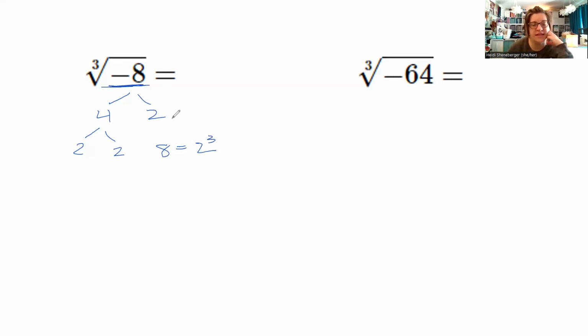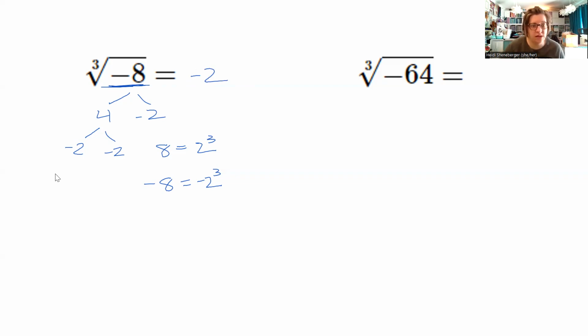But remember, up here I have a negative 8. So how do I get a negative out of all of this? Well, all of these 2s are actually negative 2s. So that's a thing to remember: anytime you have a negative number underneath a cube root bracket, your answer is going to be negative all the time. Because when I multiply -2 by -2, I get +4. And then when I multiply it by another -2, that's how I end up with -8. Does this make sense? Hopefully this is making sense. So my answer in this case up here would be -2.